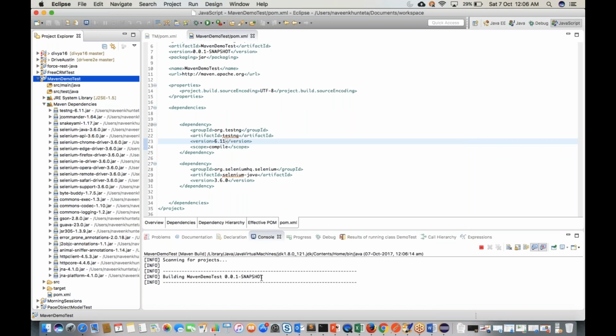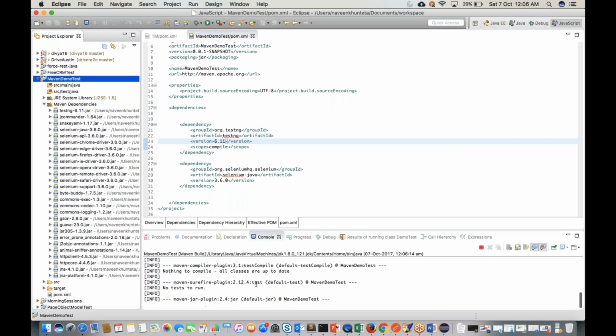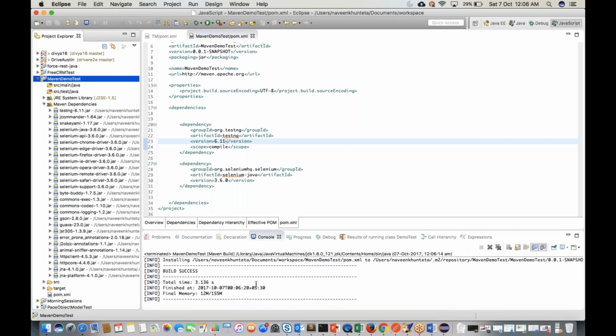So in the console you will see it will generate the build. Okay, it will download all the things and it will say that build is successful. It means all the artifacts got downloaded properly, build is cleaned. Okay, the latest build is available now. Okay guys,